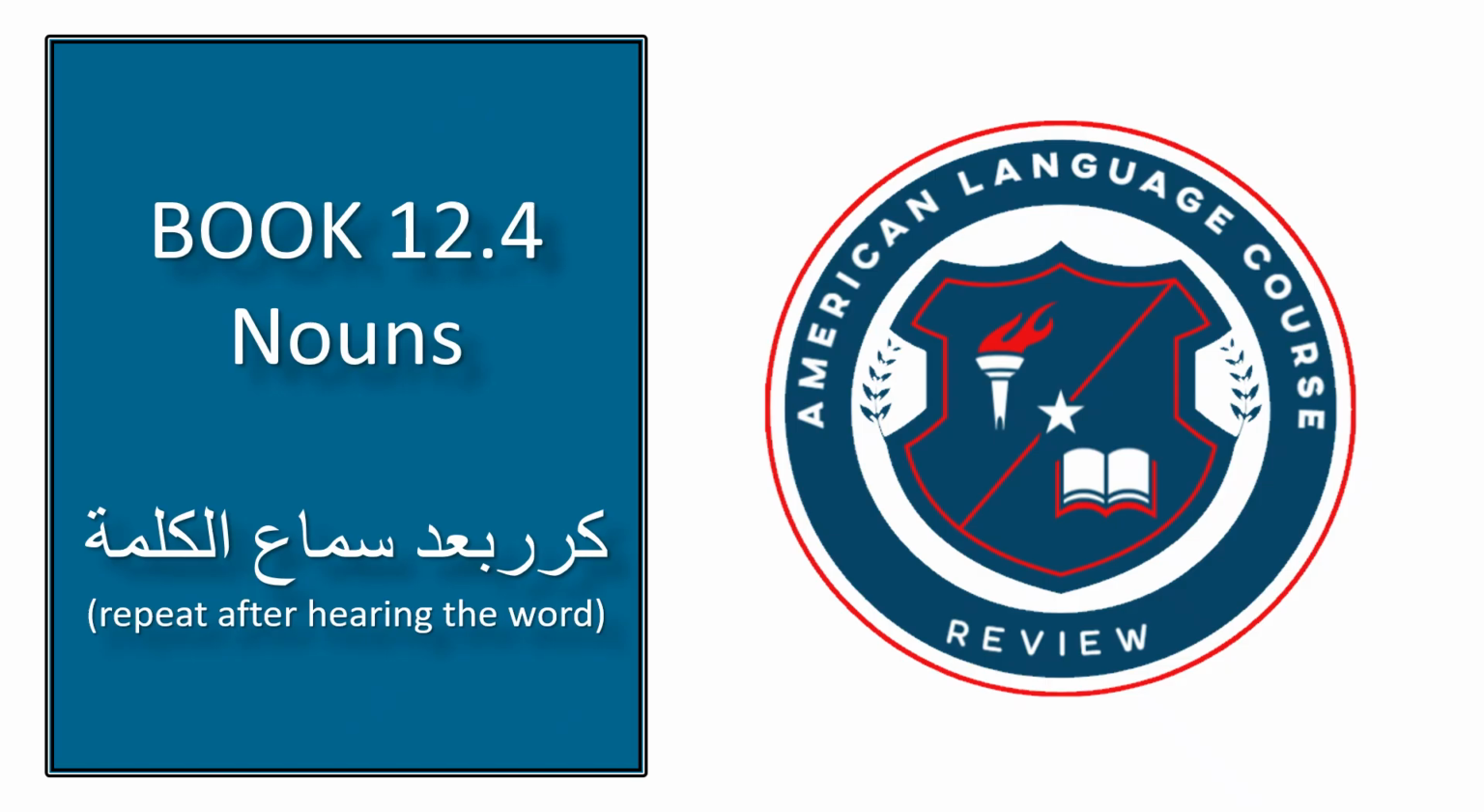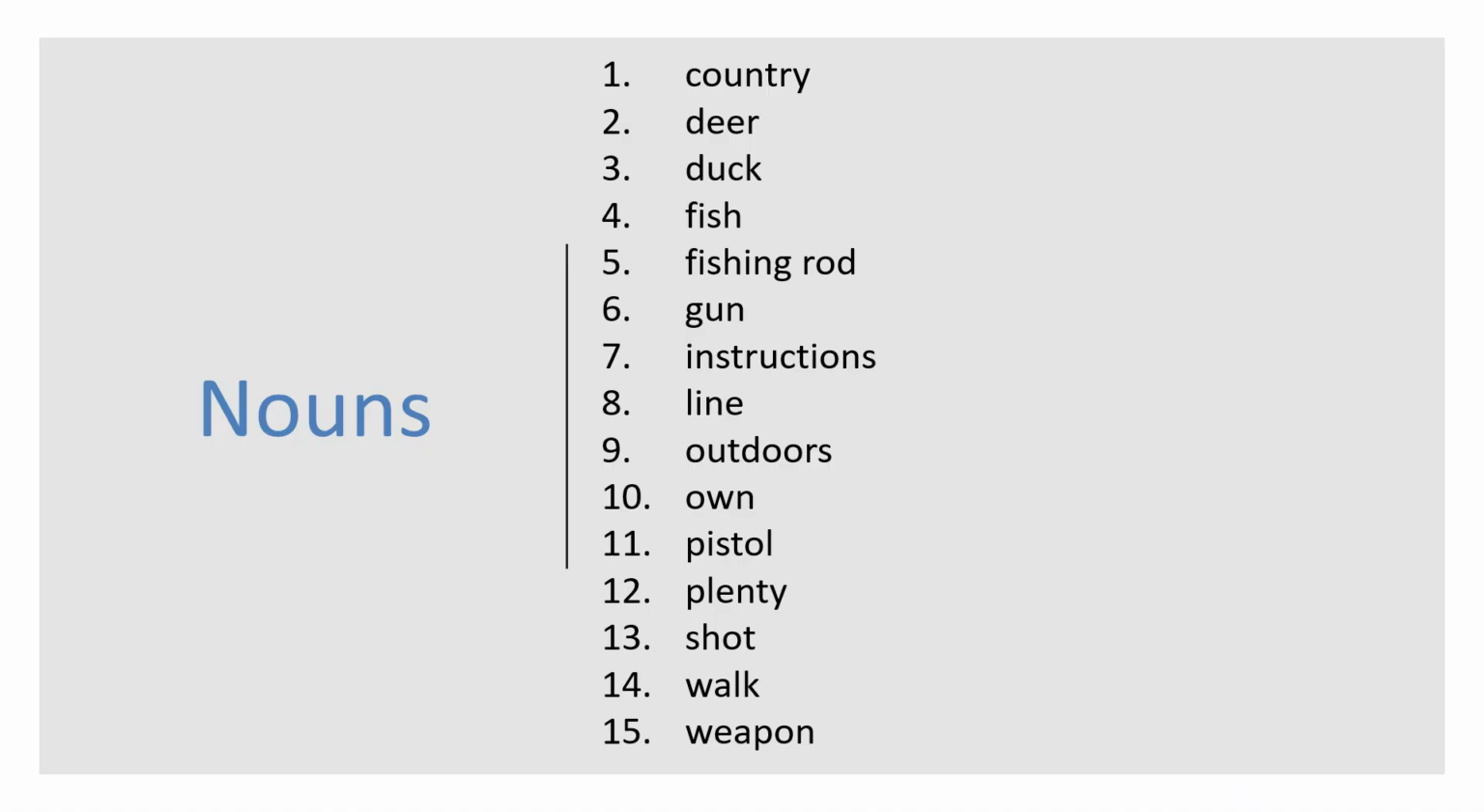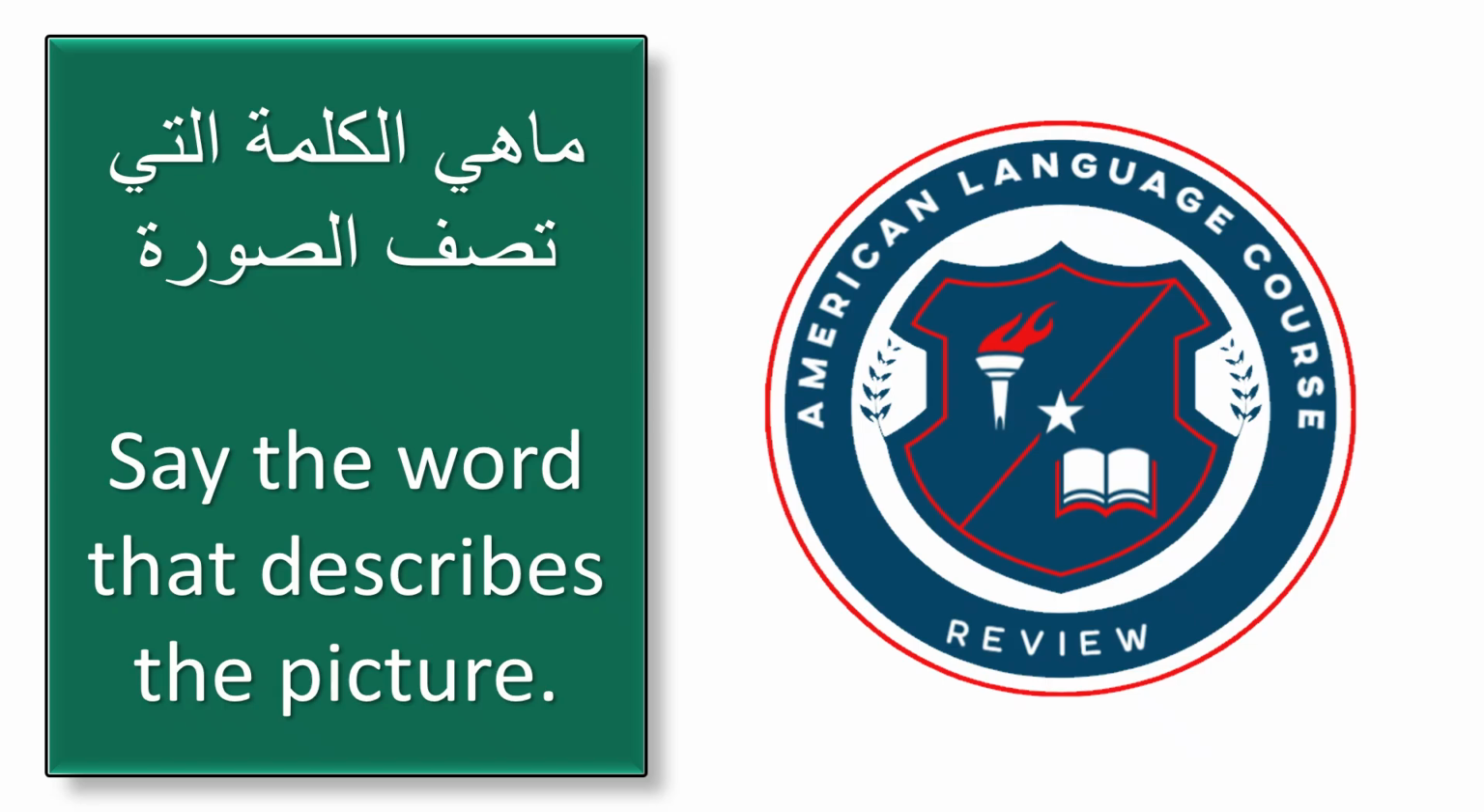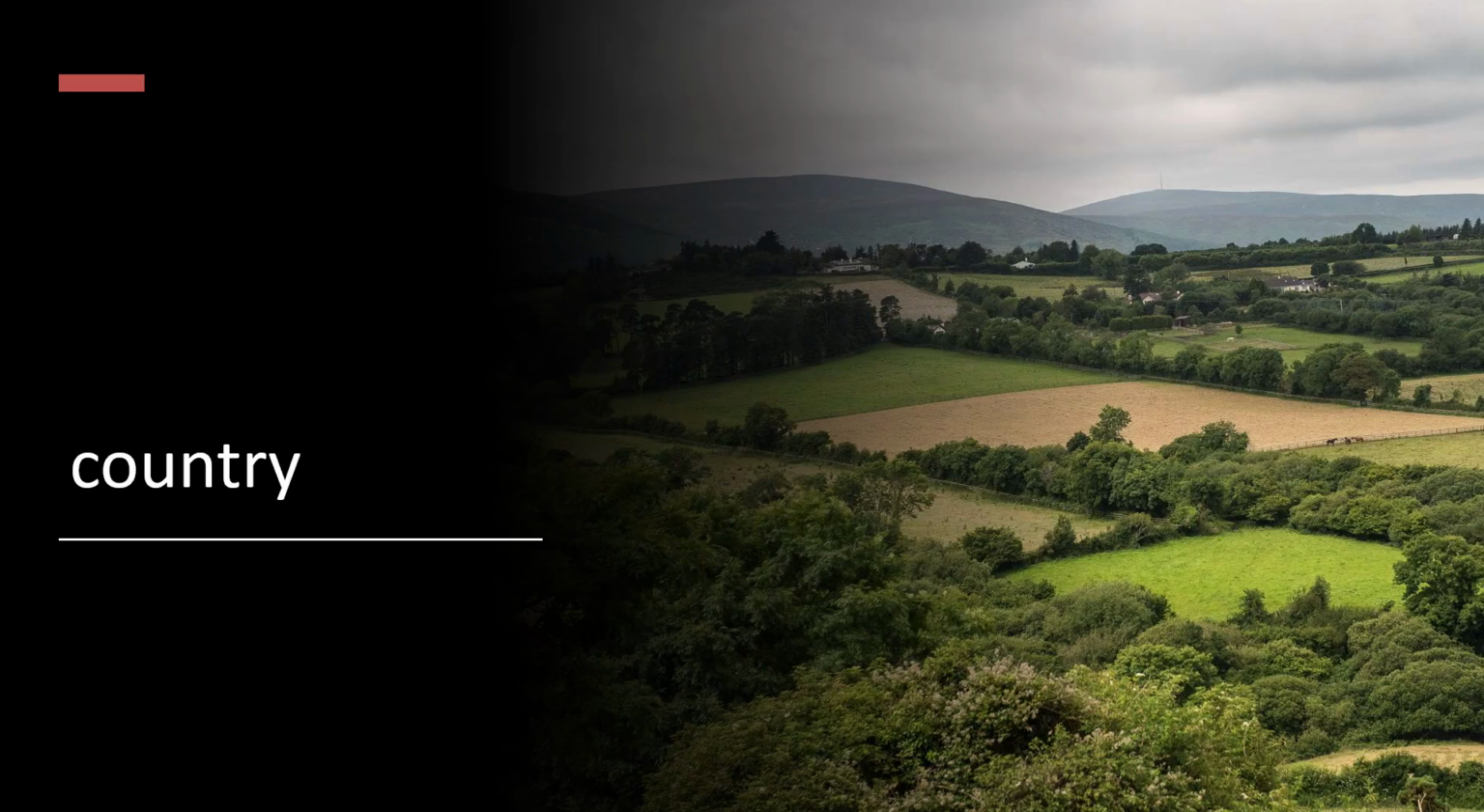Book 12, Lesson 4, Nouns. Repeat after hearing the word. Number 1, country, deer, duck, fishing rod, gun, instructions, line, outdoors, own, pistol, plenty, shot, walk, weapon. Say the word that describes the picture. Country,